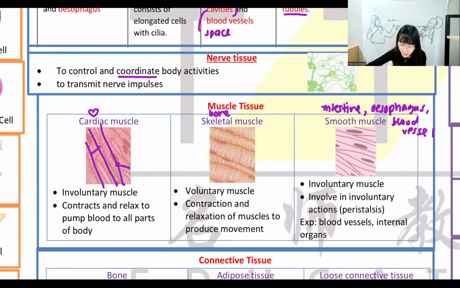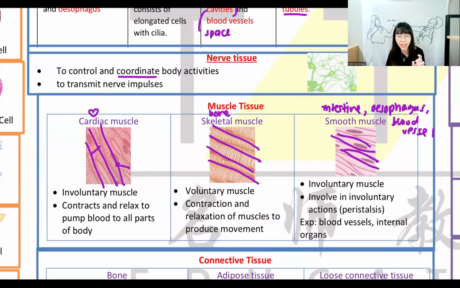Skeletal muscle, they are stick by stick. Can you see? They are stick by stick by stick. This is a skeletal muscle. Smooth muscle, it looks like an eye. Your eyes. Okay, it looks like eyes. It's called a smooth muscle. So this is how we identify whether they are cardiac muscle, smooth muscle, or skeletal muscle, based on the diagram